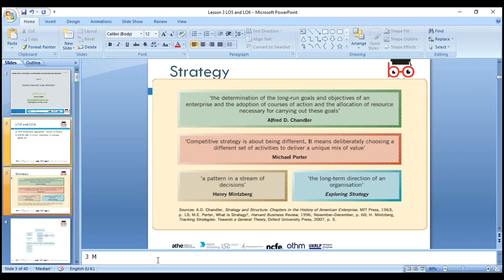So guys, I mentioned in the previous lessons as well, we need 3 M's. When we start any business, we need 3 M's. So what 3 M's do we need? We need manpower. It means we need workforce. Yes, we need workforce, and we need money. Yes, we need finance. So we can say we need money, finance,